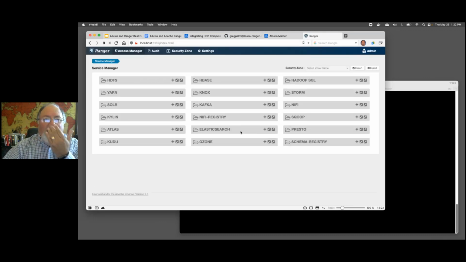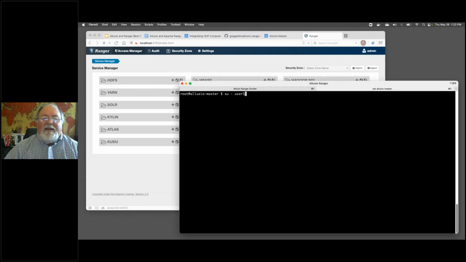Okay, so you can see when I log into Apache Ranger's admin screen, I don't have any services defined yet. Specifically, I don't have any HDFS services. So if I try to access data in my under file system, which again can be HDFS, but it could also be S3 or GCS or NFS or whatever, if I try to access certain things.